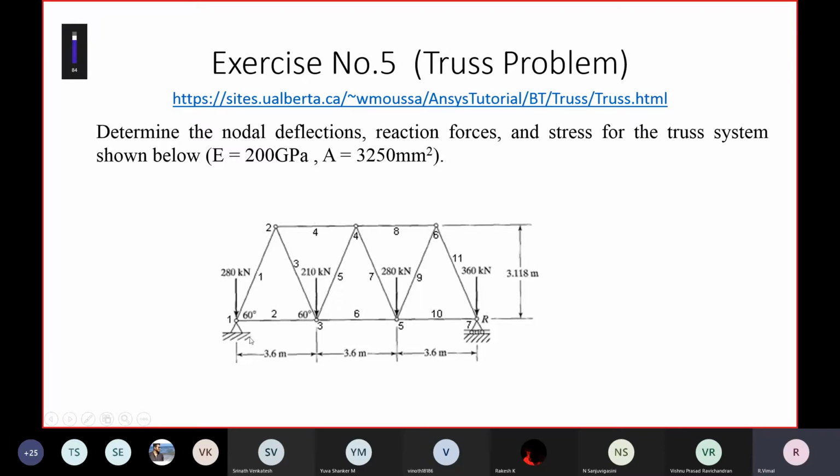If you look at this, point 1 is fixed to the ground permanently. It cannot move. There is no free movement. All degrees of freedom are locked at point 1. And at point 7, you are locking it in only one direction, the y direction, whereas in the horizontal direction it could move. This is how we are giving the fixation conditions for the truss problem. And in this problem, we are giving Young's modulus as 200 gigapascal, and the area of the truss members is given as 3250 mm square, and the dimensions and the force acting on the truss are also given.